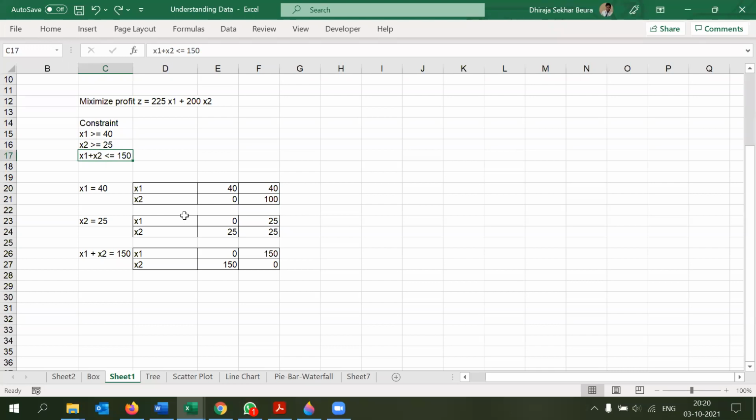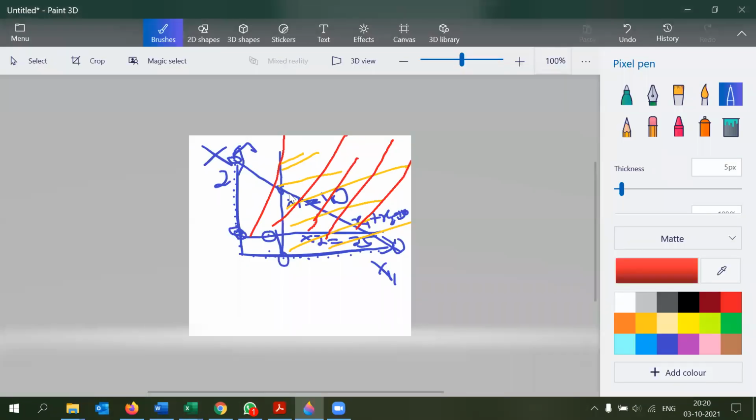As I was saying, if it is more than equal to, it is the opposite side of the origin. Similarly, if it is less than equal to, which side should it be? Close to the origin, the side of the origin. Towards origin, absolutely correct. Now, this line is this one. This is less than equal to. So this side is the side of the origin, left side. Correct. So this is our feasible region if you are considering the third equation.